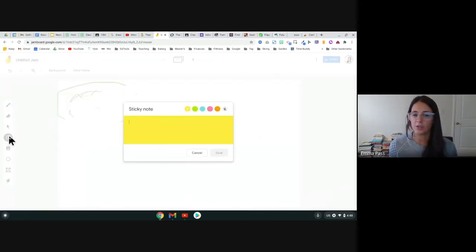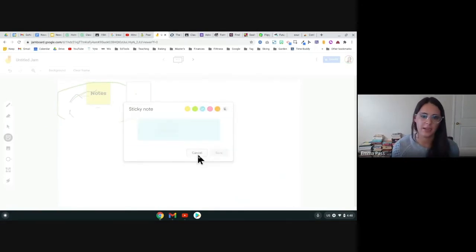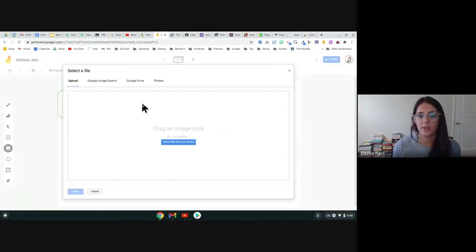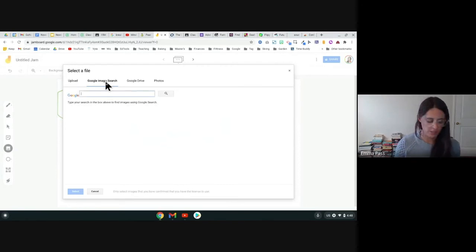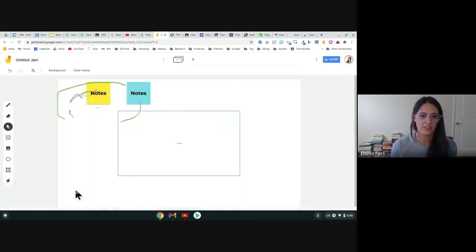The option I use most often is the sticky note option, and you'll see in a moment why. I can type notes here on the sticky notes, and I can make multiple notes at the same time. You can insert images directly onto Jamboard. I like to use Google image search. So if I want to find a cat, I can find a nice little picture of a cat and insert